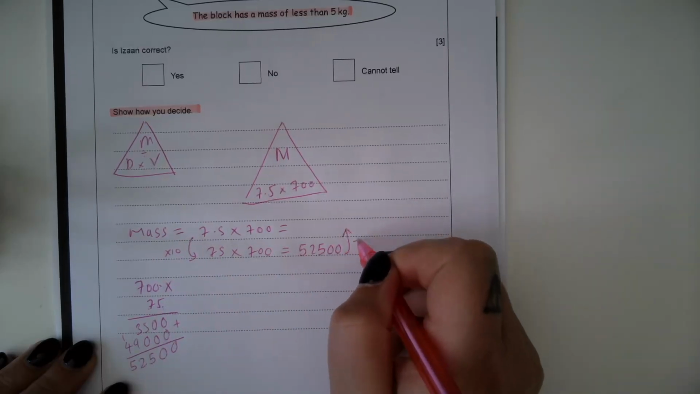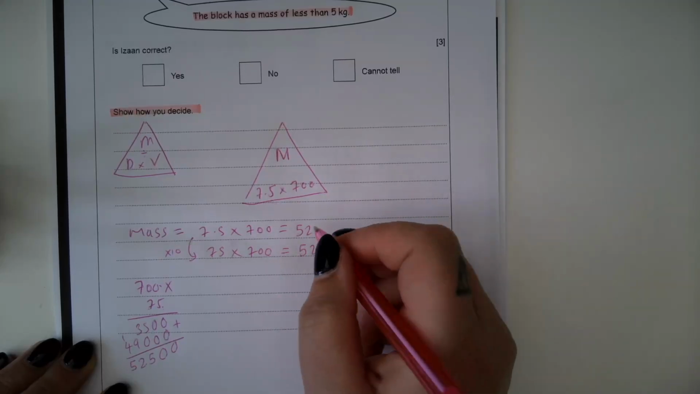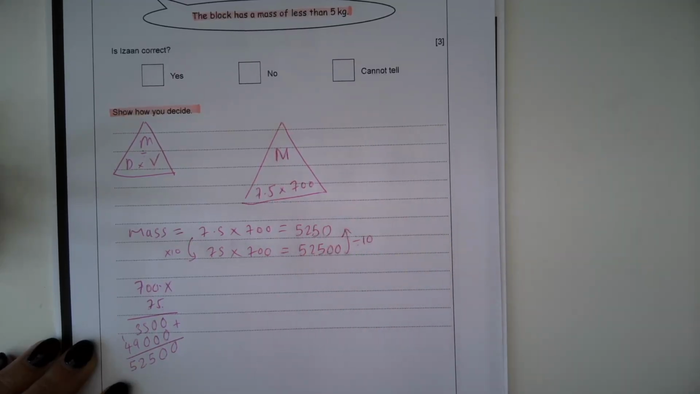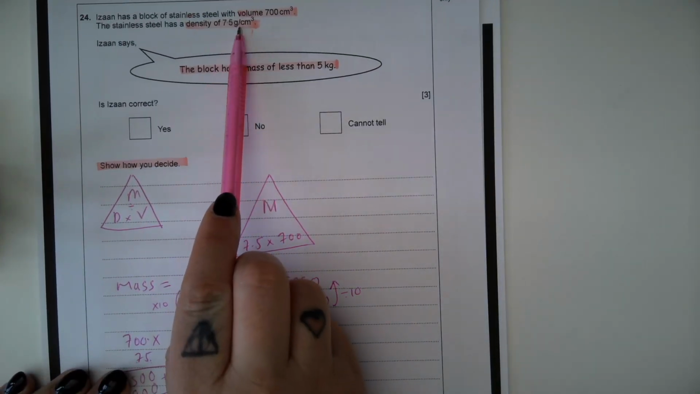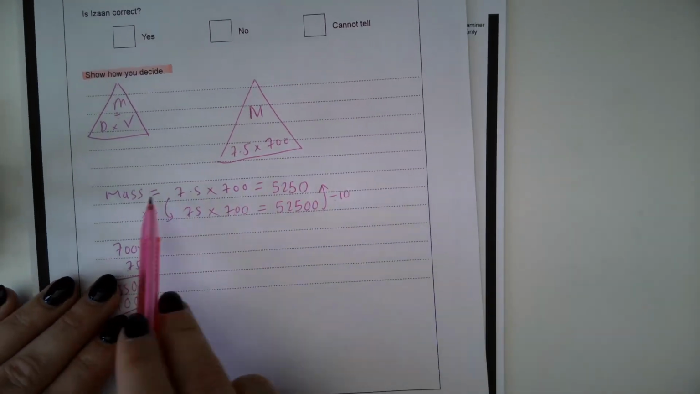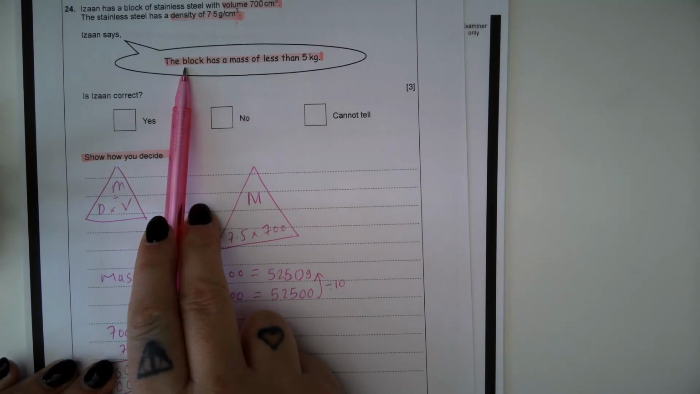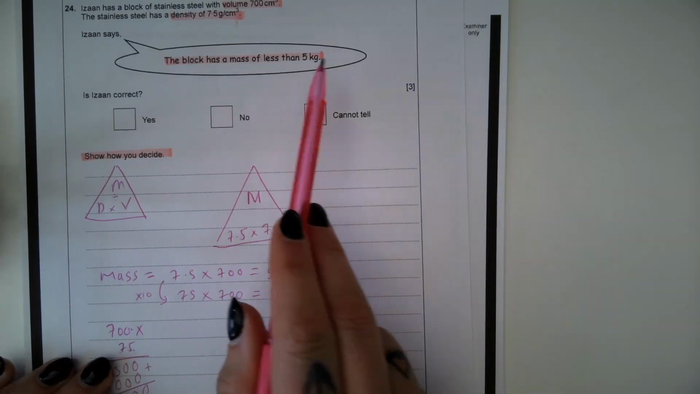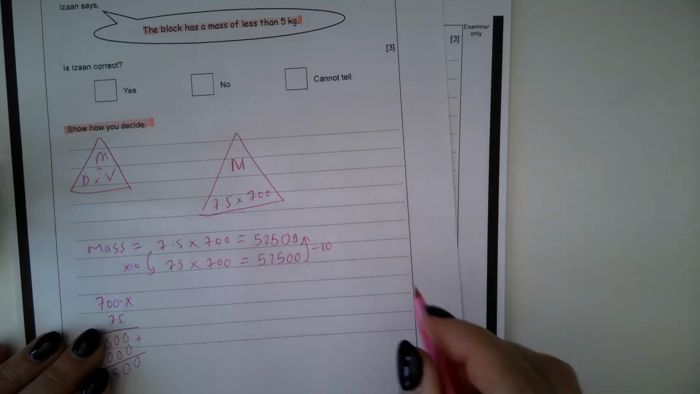I need to reverse that, so I need to divide by 10. So that's 5,250. Okay, now we were working, if we look up here, in grams per centimetres cubed for the density. So the volumes in centimetres cubed are masses in grams. Izan says that it's got a mass of less than 5 kilograms. So we need to convert our 5,250 grams here